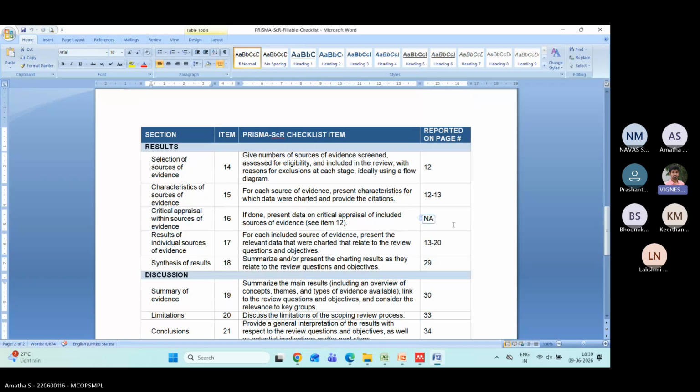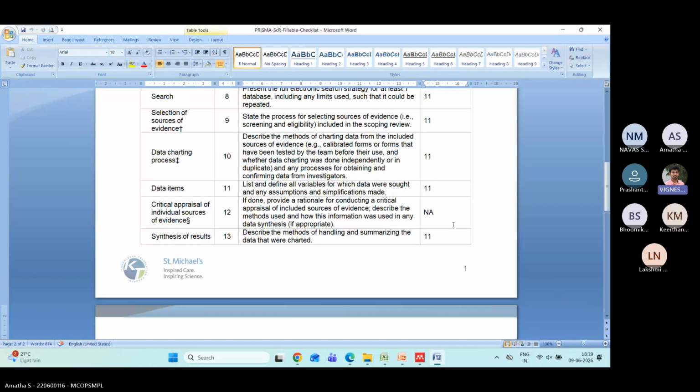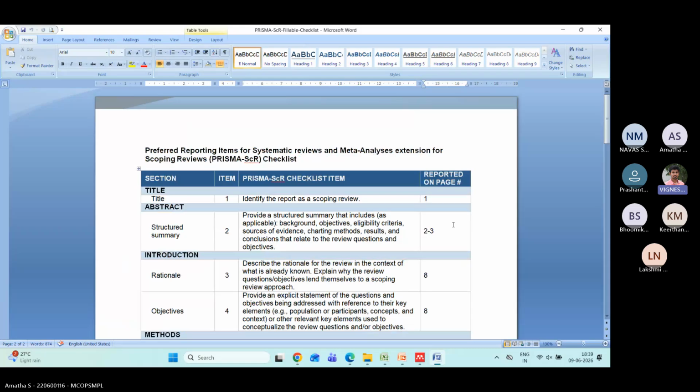So I have put not applicable. So this checklist, along with your paper, you have to submit. If you don't submit, no one will consider your paper. So this format you will get from the net. If you want, we can mail it to you also. This is for